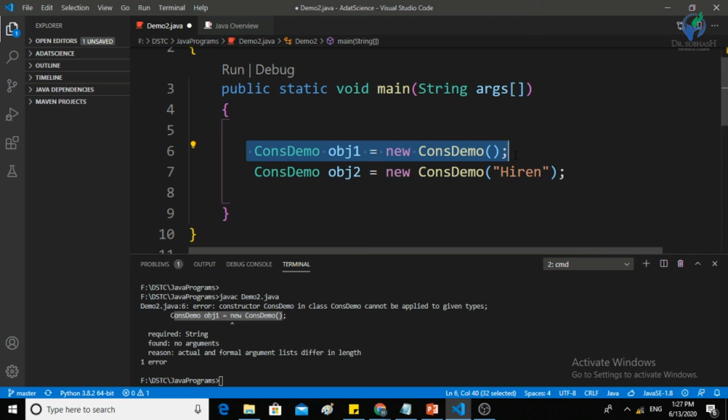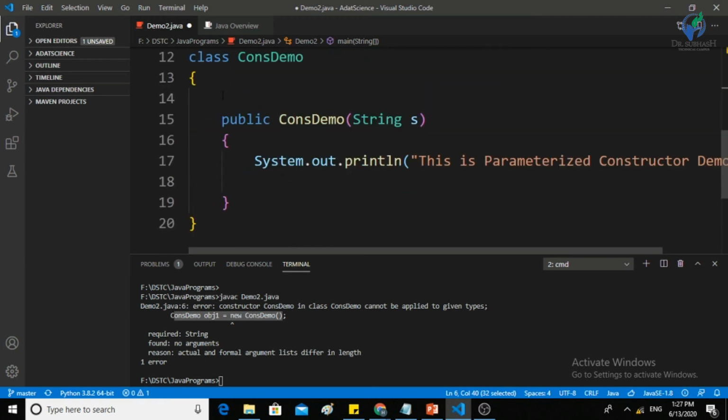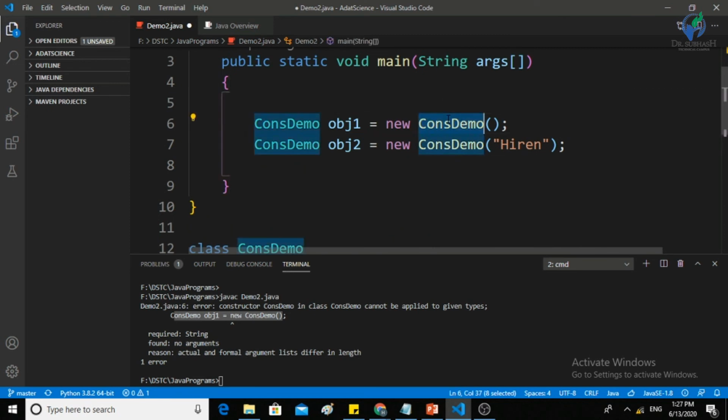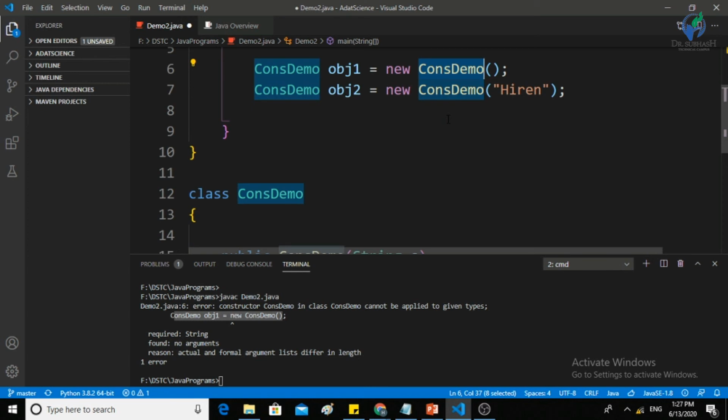But we have already checked that the default constructor is optional. If we do not define the default constructor and we create the object with the default constructor, it will not give you a compile time error. We checked that, but now it is giving a compile time error. So what is the issue? The issue is that the default constructor is optional only until you have a parameterized constructor. At that time we were not creating the object with a parameterized constructor.